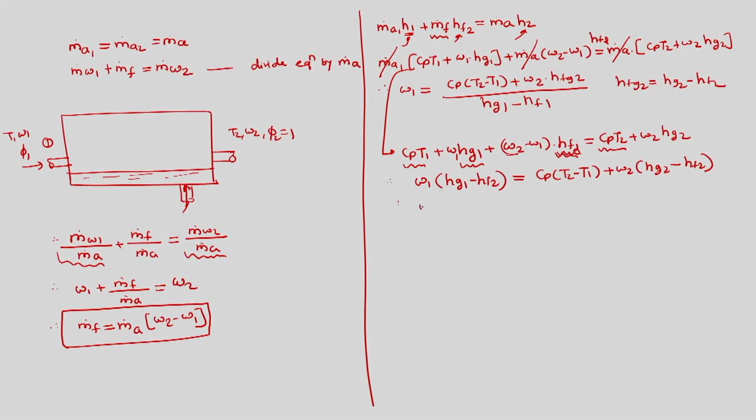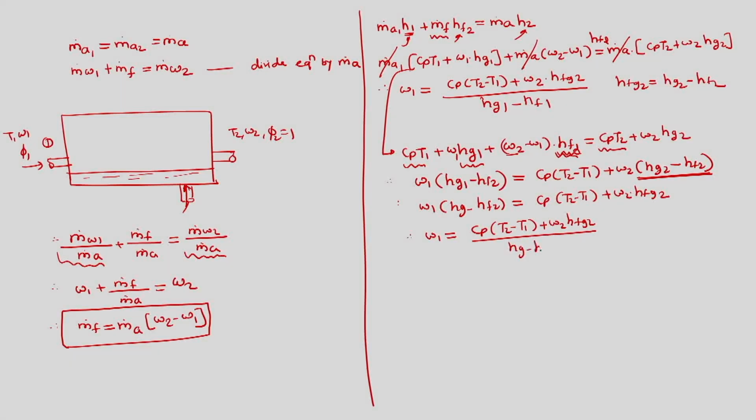So we can write down Hg1 minus Hf2 is equal to Cp into T2 minus T1 plus omega 2. So this is the latent enthalpy, which is Hfg at 2. So we have omega 1 is equal to Cp into T2 minus T1 plus omega 2 Hfg2 divided by Hg